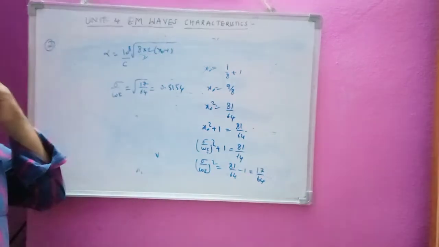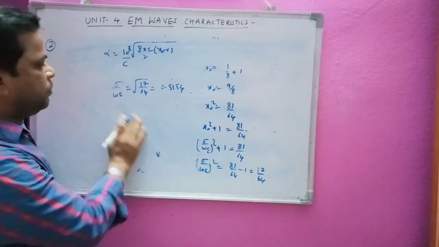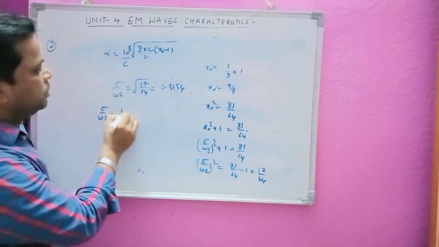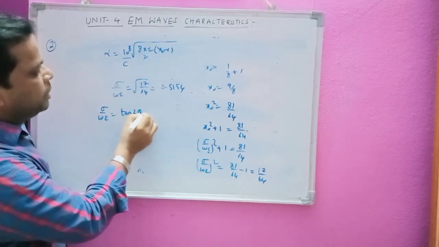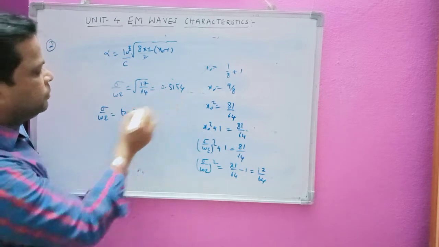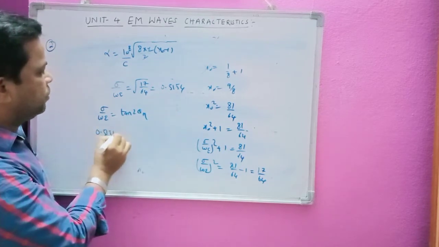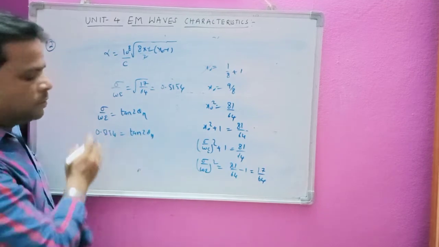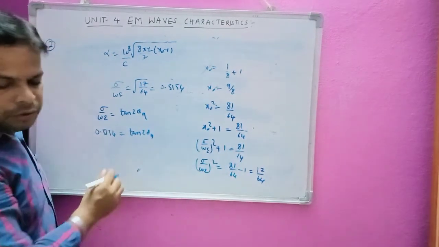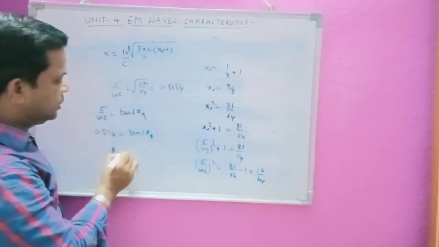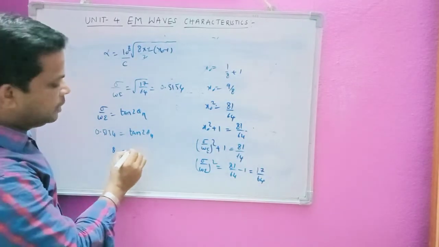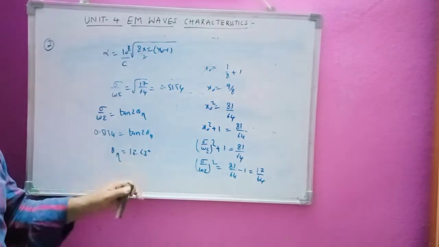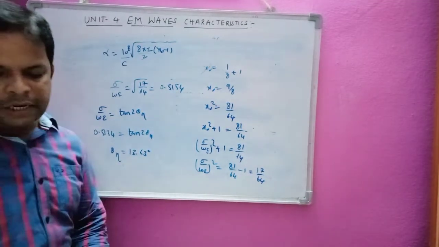And similarly we know that sigma by omega epsilon is equivalent to tan 2 theta of eta. Now we already know this value, 0.554, is equal to tan 2 theta of eta. If I take it to the right hand side, theta of eta is going to be calculated as 13.63. All of you can check with your calculators, so this turns out to be 13.63.